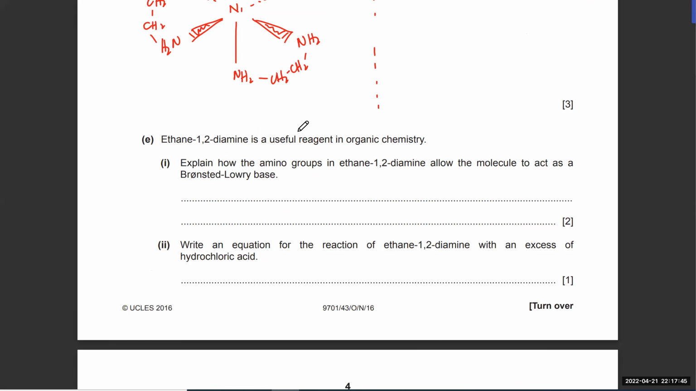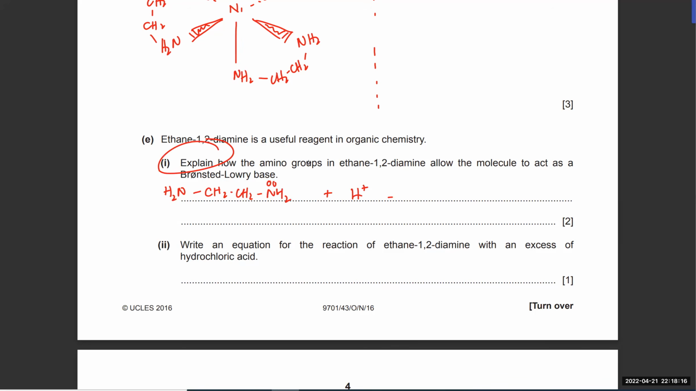So now the next part is ethane 1,2-diamine is used as a useful reagent in organic chemistry. Explain how amino groups in this allow the molecule to act as a Bronsted-Lowry base. So you can write an equation. You have to explain this as well, okay? So you've got NH2s, and the NH2 has a lone pair,